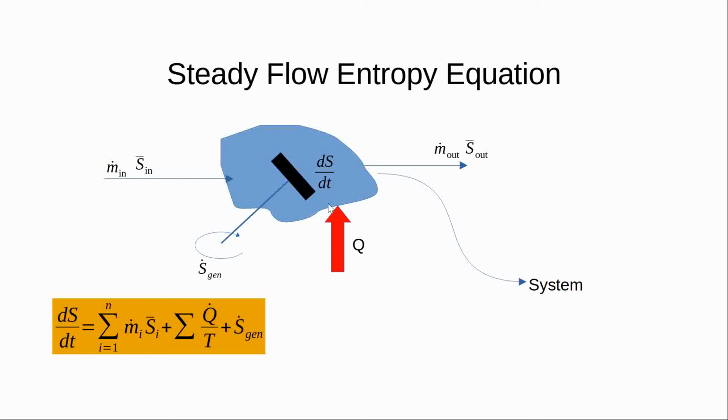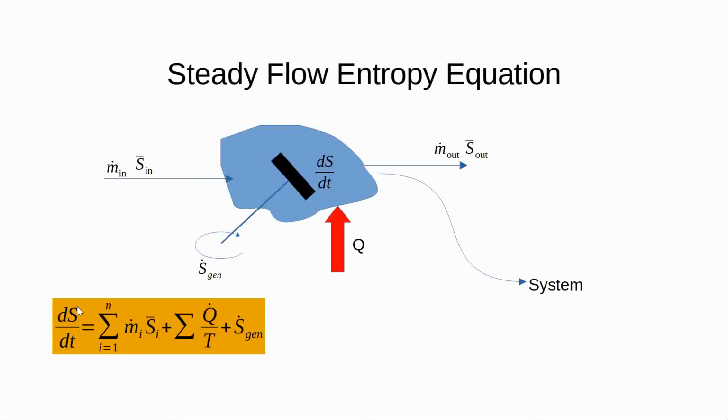Now this change in entropy can occur due to irreversibilities caused by the churning of the fluid. It can also be caused by entropy coming into this control volume by way of flow, and entropy leaving this control volume by way of flow. Also, the entropy of this control volume can change if we add heat to this control volume at temperature T.